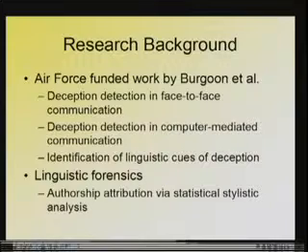This has also sometimes been called linguistic forensics, and an example of this would be authorship attribution, based on statistical analysis of writers' styles. Some of this work goes back quite a few years. Statisticians Mosteller and Wallace, back in the 1960s, did work on attributing the authorship of the Federalist Papers, written before the U.S. Constitution was adopted. Some were by known authors, but for others they weren't sure if it was Madison or Hamilton who had written them.